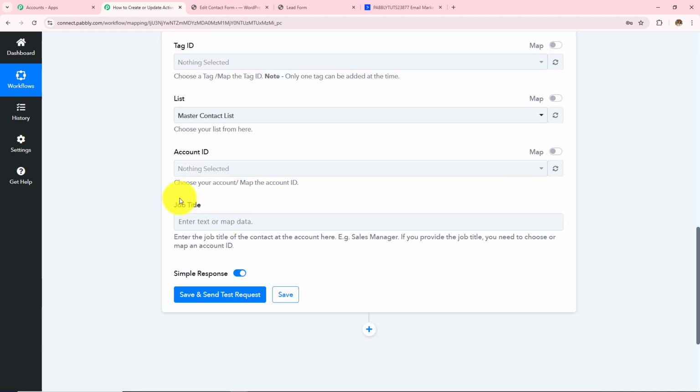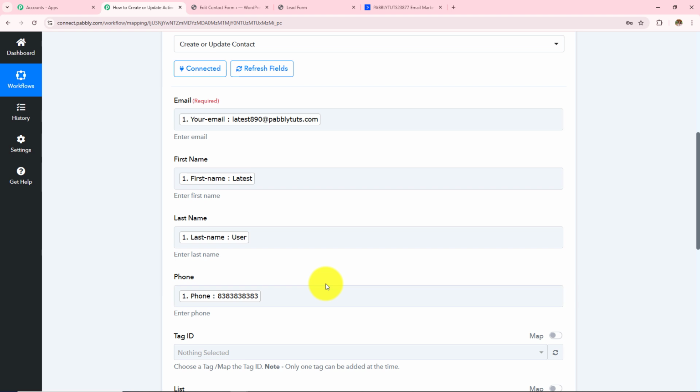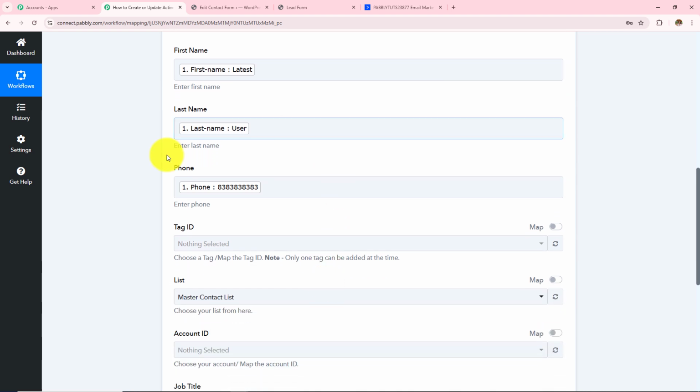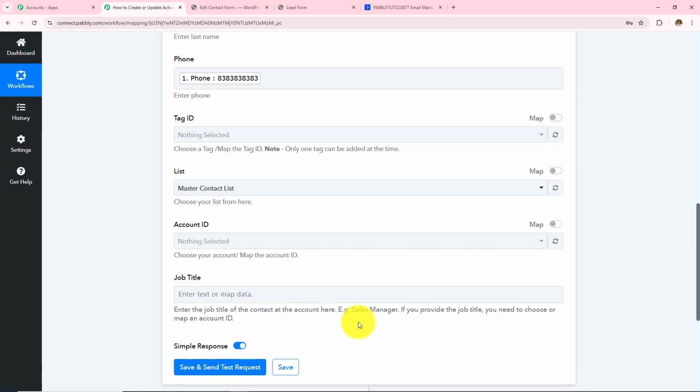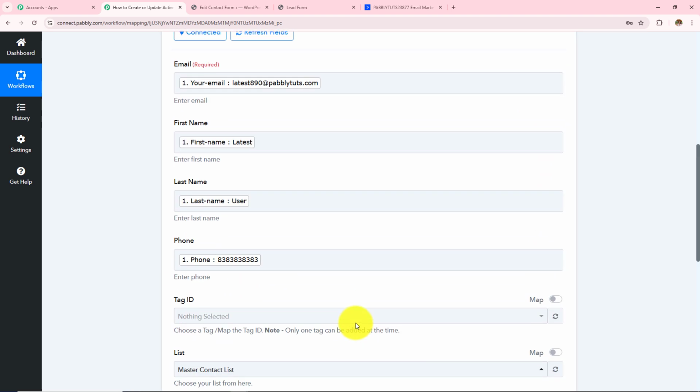Now over here mapping is important so that every time you receive a new response, it is taken into consideration in these fields. Manually entering the data will make these fields static, and the information will not change even if you have received a new response. Over here, if I manually enter any detail, this field will become static, and every time I receive a new response, the result will not change. So as to keep these fields dynamic, we use this process mapping instead of manually entering the details.